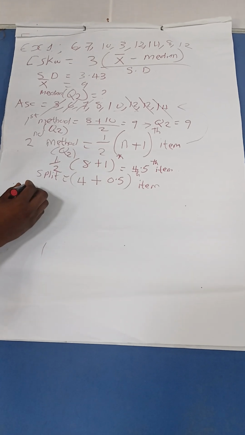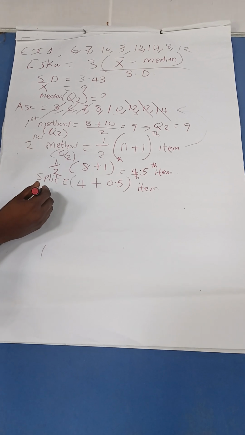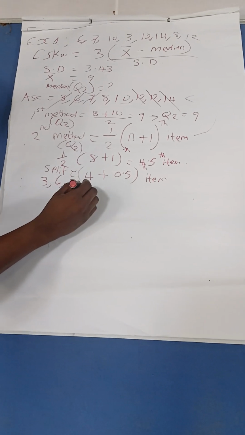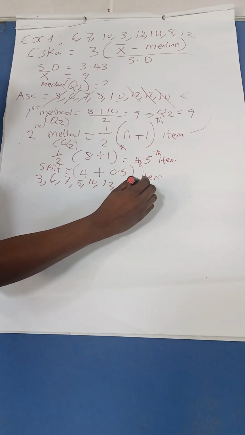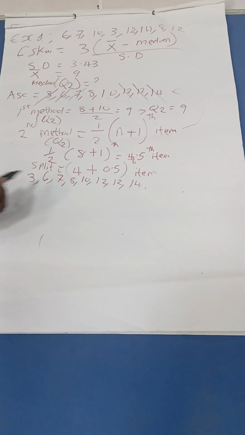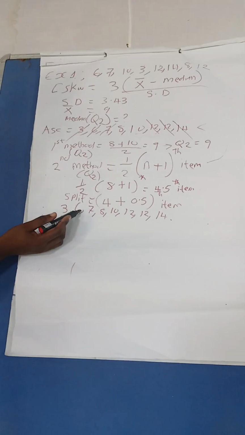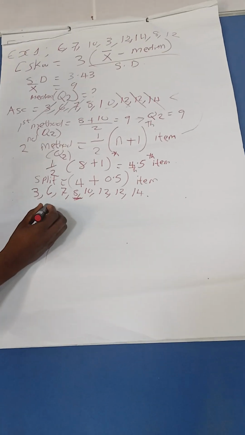Remember, our data we have here is what? Let me put it here. Now that one we have interfered with. It is 3, 6, 7, 8, 10, 12, 14. This is our data. So we have to identify the fourth item first. The fourth item in this case will be what? 1, 2, 3, 4. The fourth item is here, 8. So I will write here 8